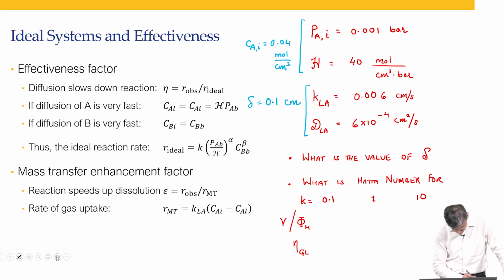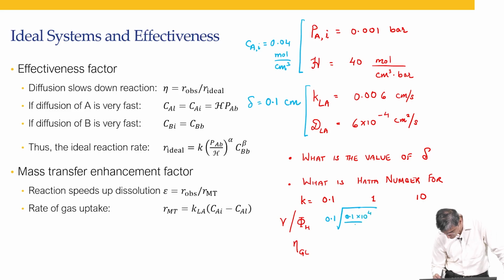So our Thiele modulus is going to be 0.1 square root of that divided by 6. This will give one value of phi, the next one will give another value of phi,